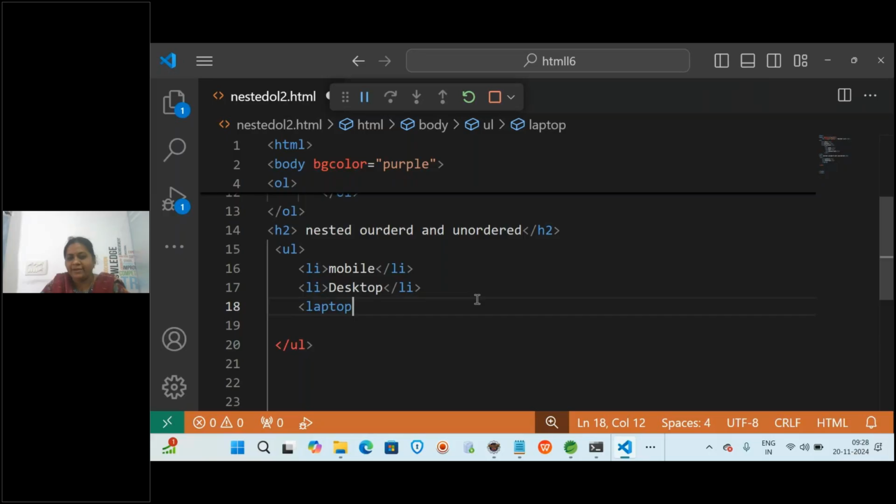Like this, I wrote a few items. Sorry, LI I have to write. So this is just a simple unordered list. Now in this you want to create one more nested list, but this time we are creating ordered inside unordered. So here we have to write OL. So we can do this combination also.